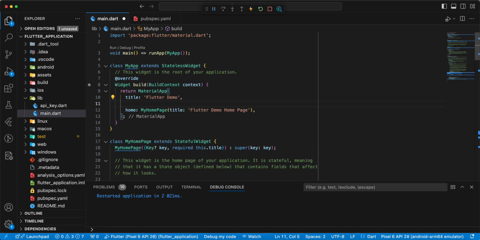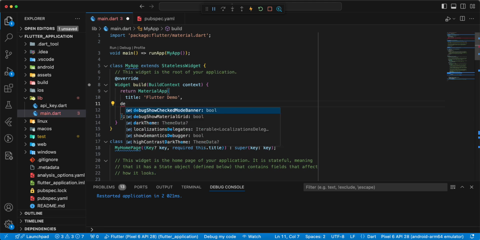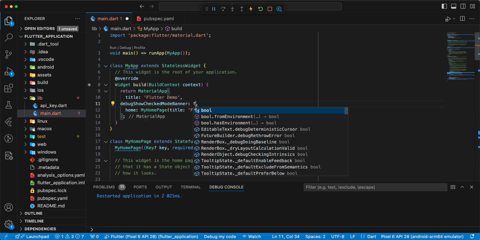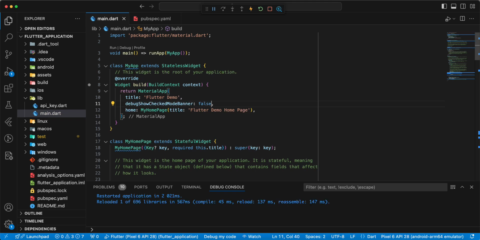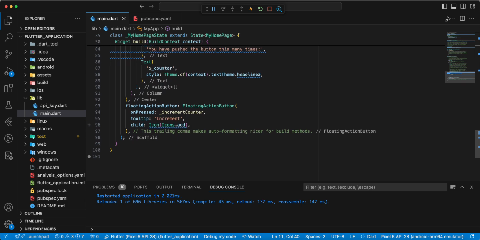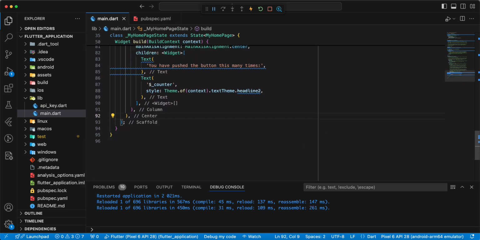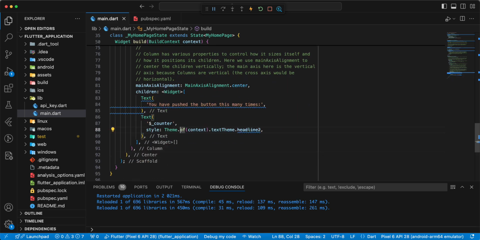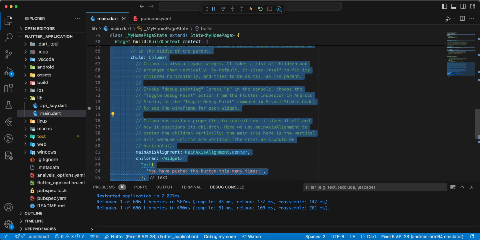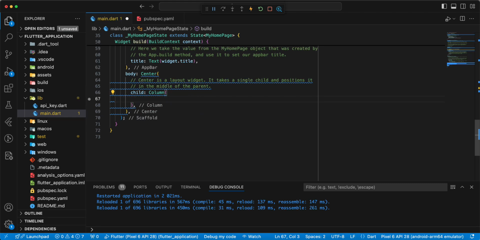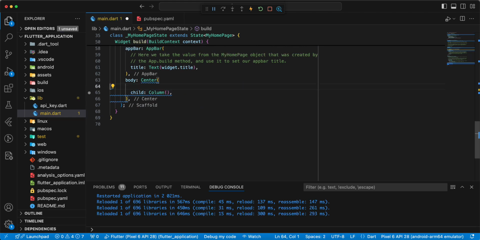Remove them, write debugShowCheckedModeBanner false, and we remove the floating action button, remove this information,